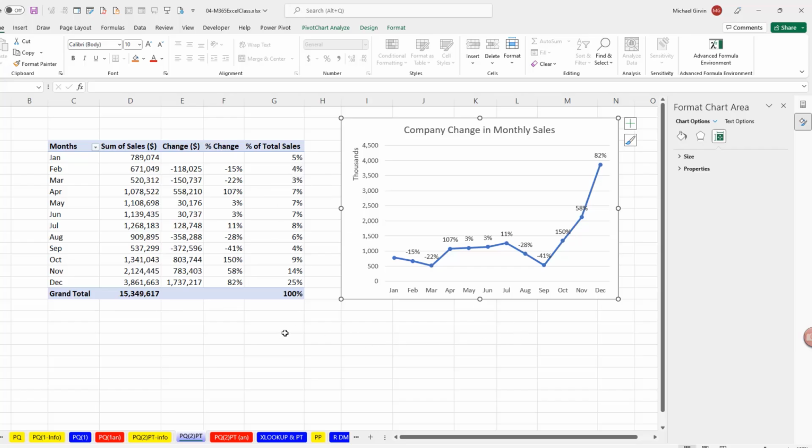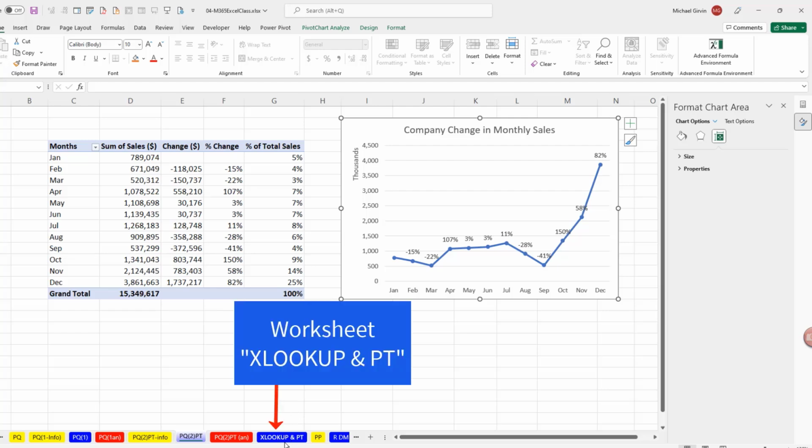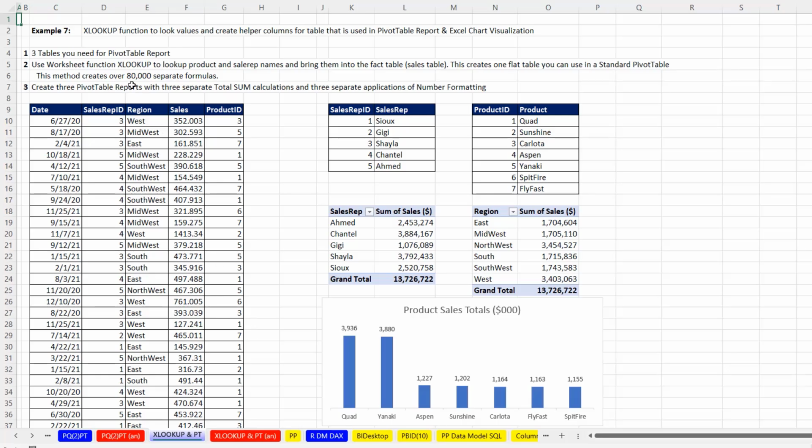All right, we want to go over and look at our 7th example on the sheet VLOOKUP and PT. Now in examples 7, 8, and 9, we're going to have 3 different tables. And from the 3 different tables, we're going to need to create reports and visualizations. Now in